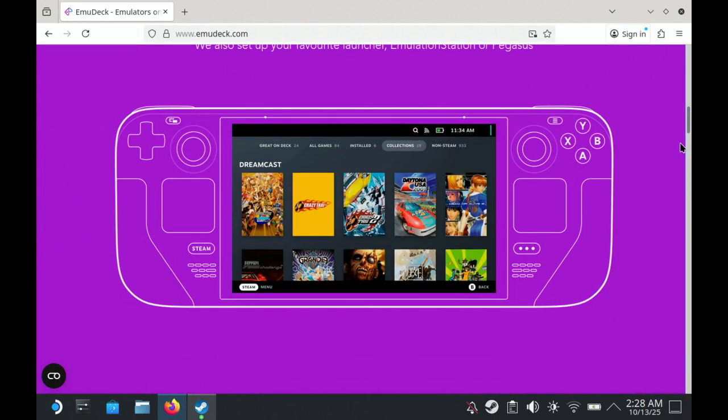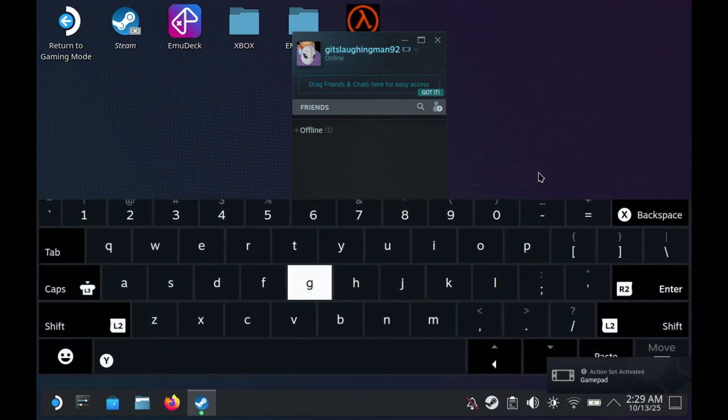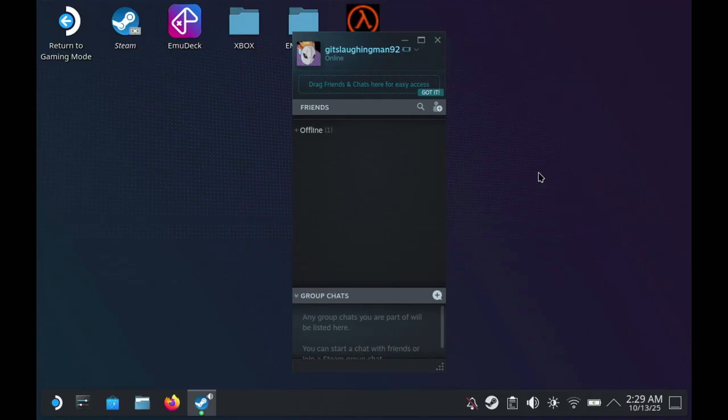Okay, so this button right here is the menu button, and this is the button I'm talking about. You want to hold this button right here, which would normally be the start button. It's basically the start button, right? You press and hold it, and when you press and hold it, this happens. See how it says action set activated gamepad in the bottom right hand corner? You can use this to change between desktop controls, which is the mouse and the virtual keyboard, and